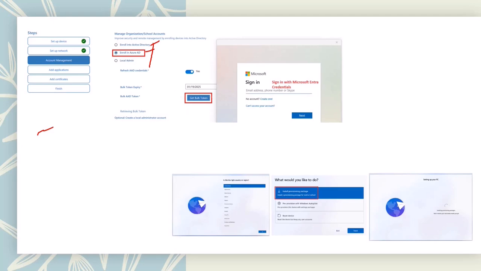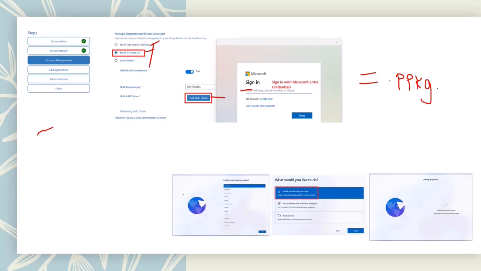So, and then obviously the admin has to provide his credentials, because authentication has to happen at some point of time, right? So yes, you click on over here, the admin provides his credentials, and then you create the output of this. You get something called a PPKG. PPKG is nothing but, think of it just like a package or a script, for lack of a better term, and that script is going to do an Azure AD join and enrollment of